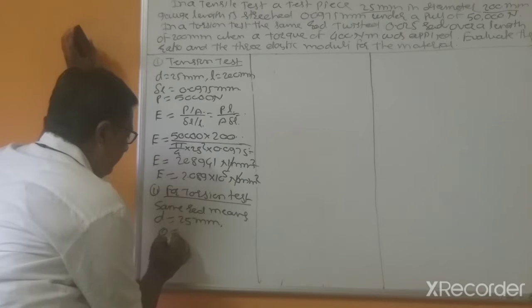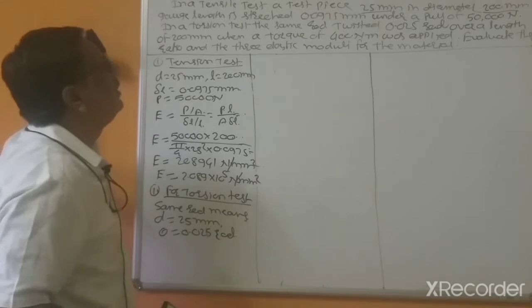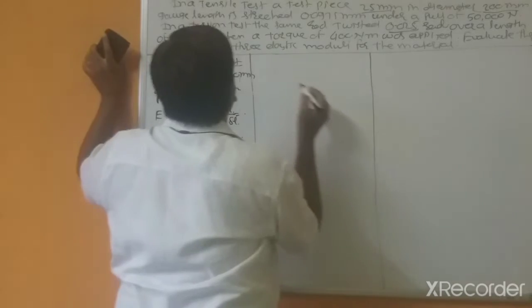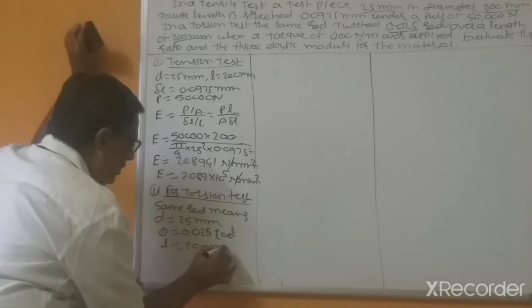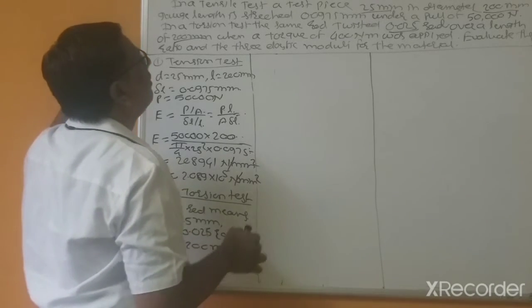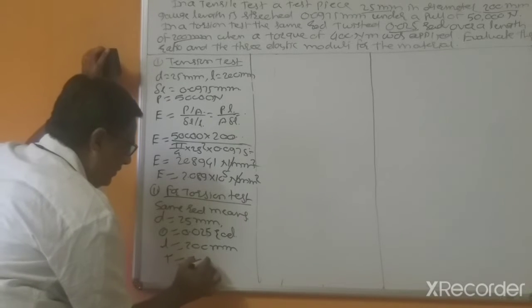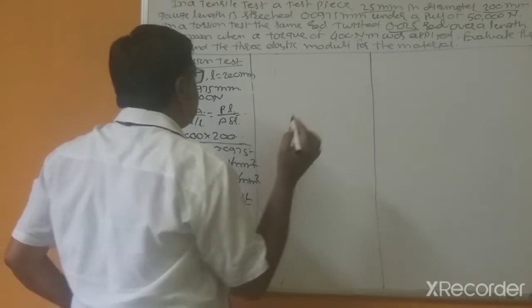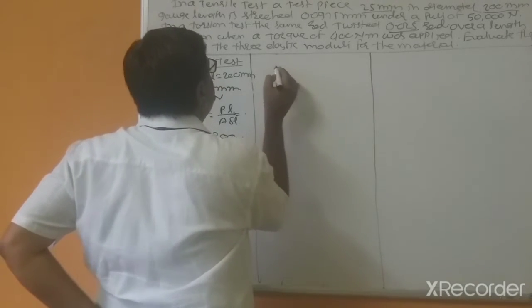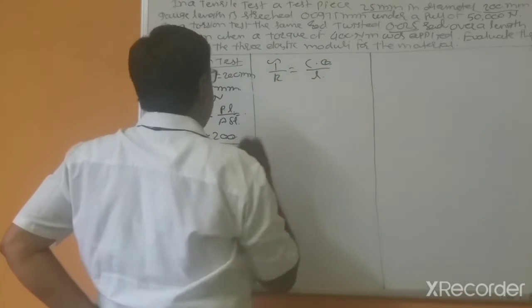Theta equal to 0.25 radian, which is directly given, over a length L equal to 200 mm, and torque is 400 Newton meter. So here, by using the relations tau divided by r, C theta divided by L,